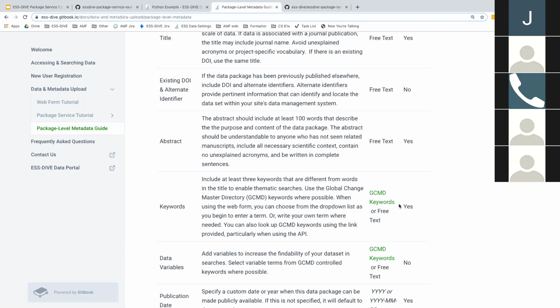So what you have to do for now, when you're using the API, is go through this lookup on your own and fill these keywords in. So we don't yet have a lookup through the API that's enabled. That's the one major change you'll see from using the website, that you can't use these controlled vocabularies. But other than that, once you have this set up once, it's as easy as hitting this run,